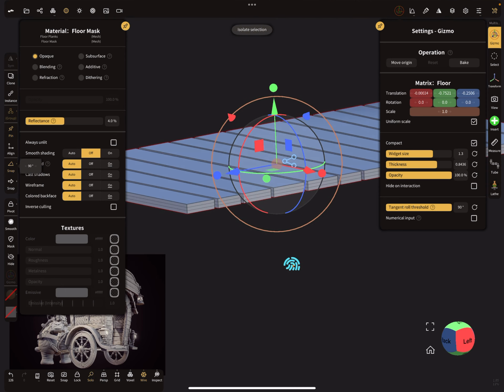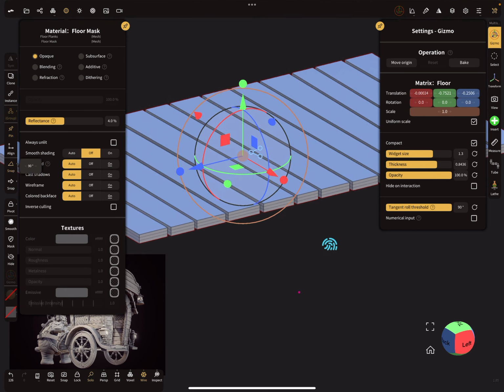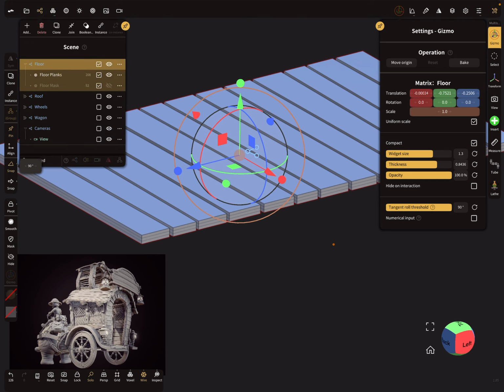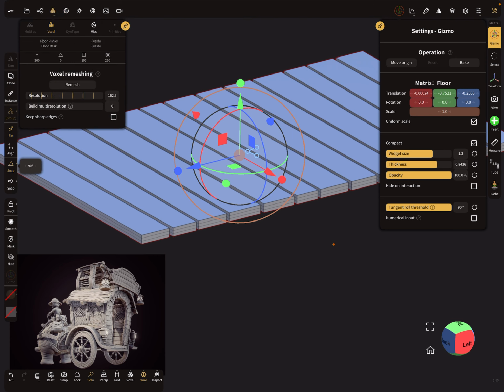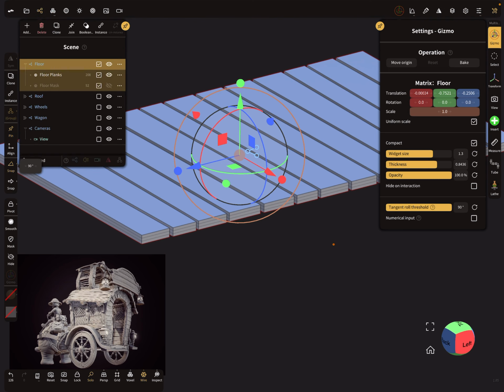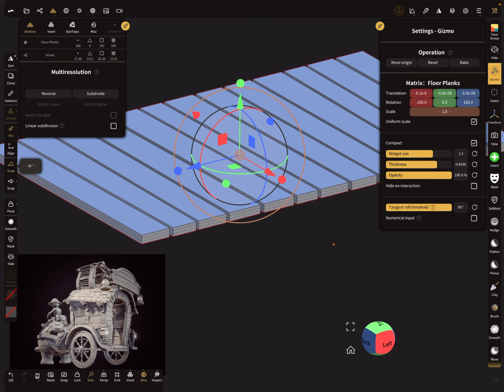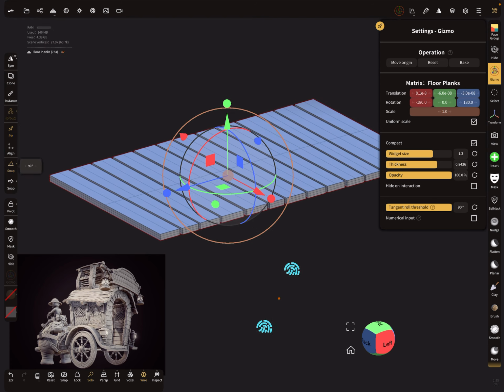So solo view, and maybe we can subdivide it one time. One time is okay.